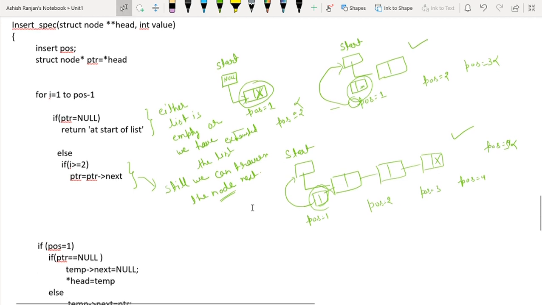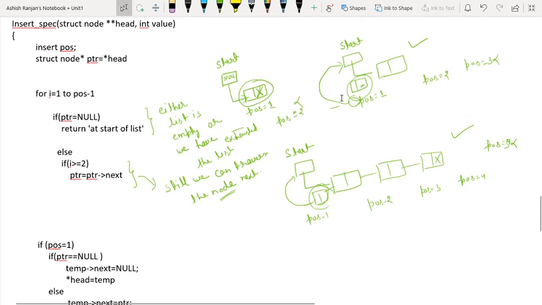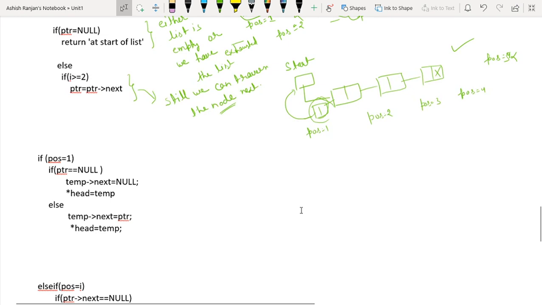So in order to store the element at position number 1, I have written these two mechanisms. First one is when the list is empty, and second one is otherwise.